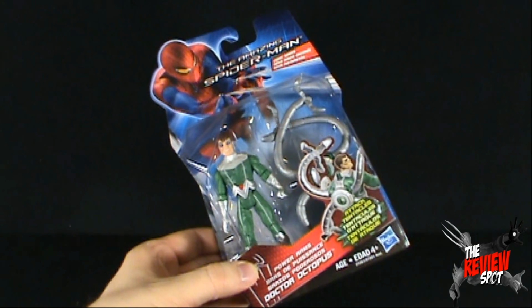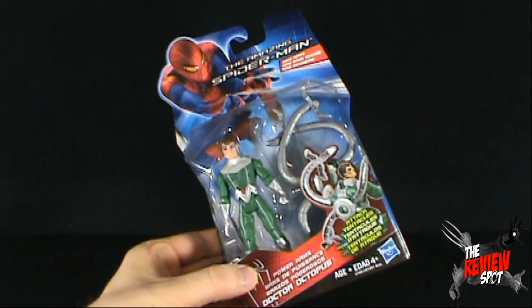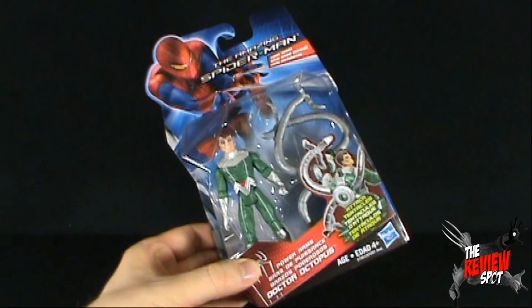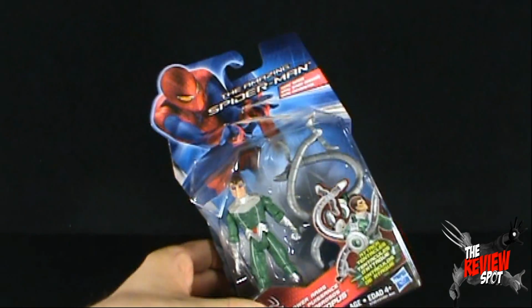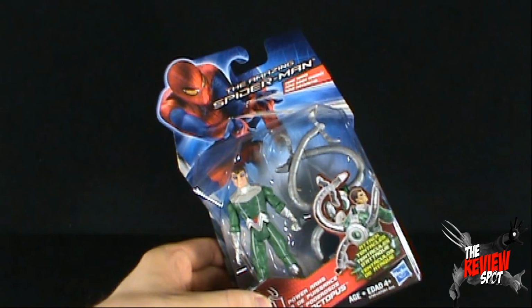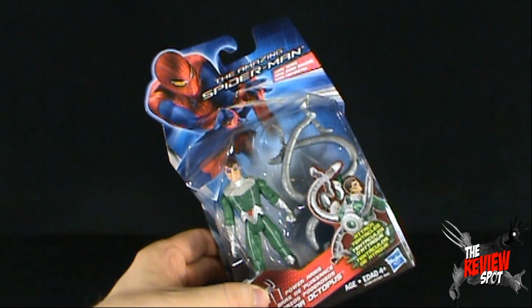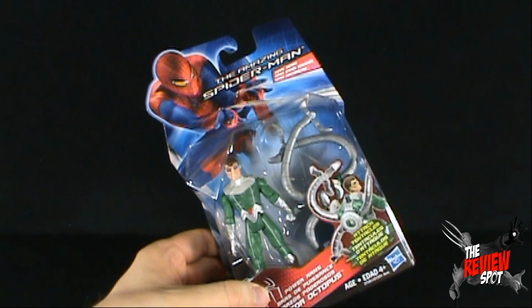Dr. Octopus features attack tentacles. Spot's trying to place whether this Doc Ock was released initially as the Fiercest Foes Doc Ock, although he does look a little different in the head. Once again, a picture of Andrew Garfield up the top there in Spider-Man costume, which is an awesome looking costume. If it was socially acceptable, maybe Spot would actually buy himself a Spider-Man costume. I guess, thank goodness, it's not socially acceptable, but...